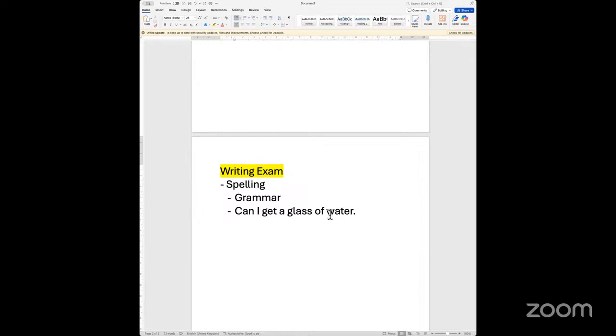Now, the second most important part is how you construct the grammar in terms of writing your sentences. The other bit that is more important is that whatever you're writing actually conveys a meaning. That means it is making sense. It is related to the context which has been asked for, and it is related to the topic which has been given. I will go into a bit more detail in terms of your writing exam. Then the other thing that you have to look at is organizing your writing.